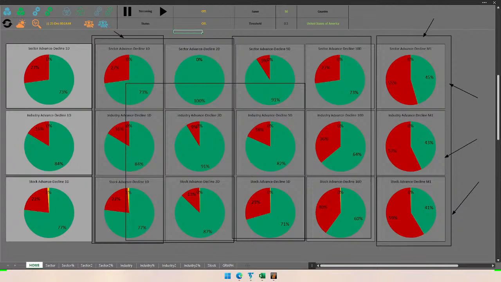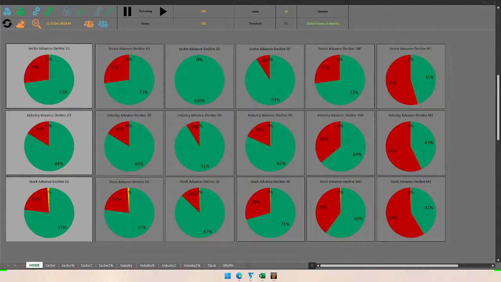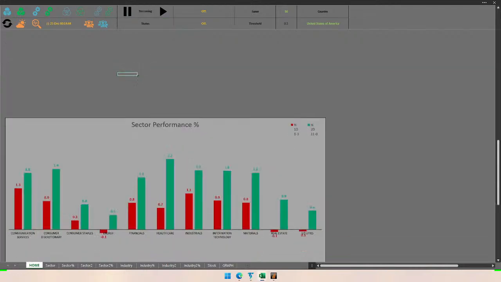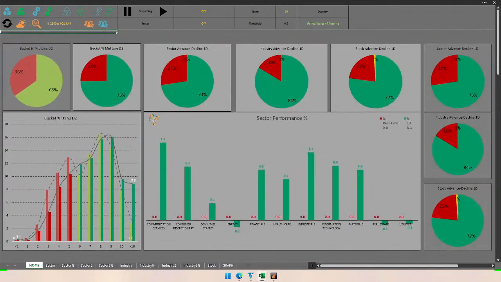I will also favor a bearish trend looking at the approaching overbought condition in sector, industry, stock, advanced decline rate. However, if I look at the bucket analysis,